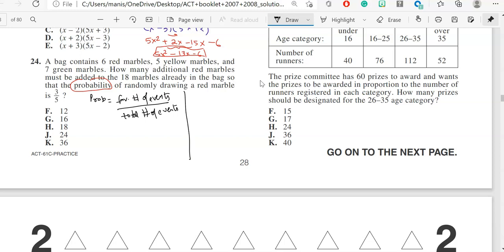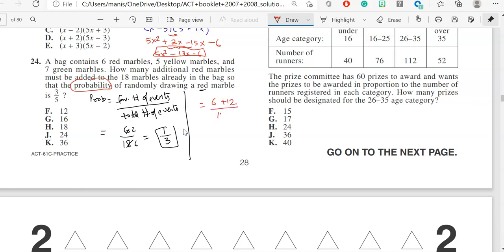So in the first case, how many do I have over here? The question is talking about red marbles. So I have 6 red marbles and total is 18. So I will be left with 3 times 2, 3 times 6, so 1 over 3. Now the question is saying that the probability of randomly drawing a red marble should be 3 over 5, and we need to find how many extra marbles we will add. So I can start putting these values in my formula over here. Let's start with the first value. Earlier I was having 6 red marbles.